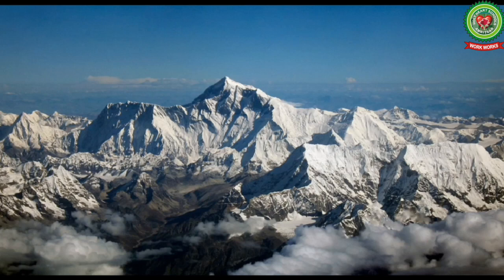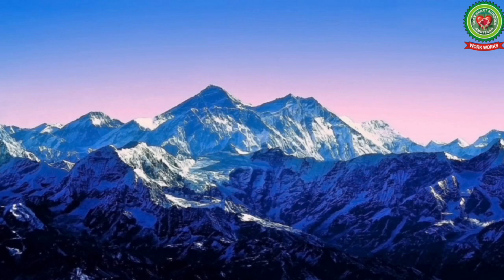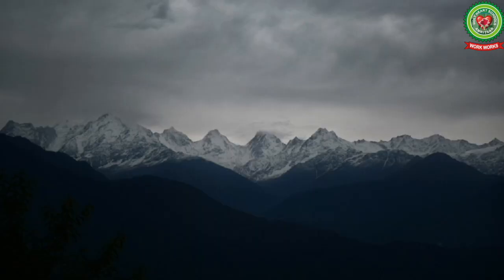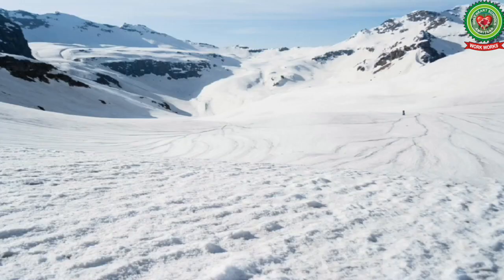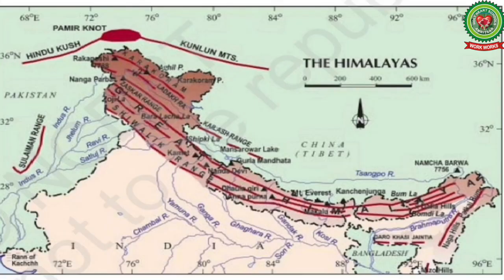Right? So students, first we will discuss about the northern mountains, and we fill mountains with a brown color. The northern mountain ranges in India are the Himalayan mountain ranges. The Himalayas stand on the north of India. The Himalayas are the highest mountains in the world. These mountains are important because rainfall and vast snow fields in these mountains are the source of rivers. The melting snow provides enough water during the dry season. It stretches from Jammu and Kashmir in the north to Arunachal in the northeast, as you can see in the